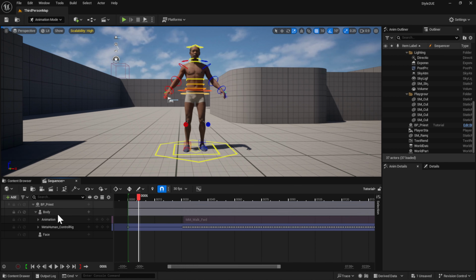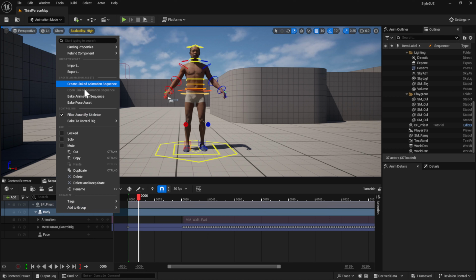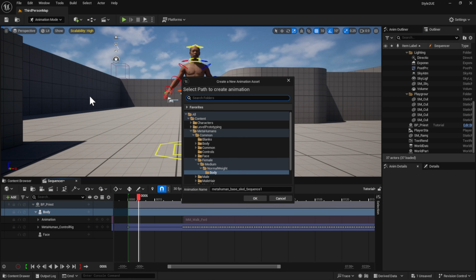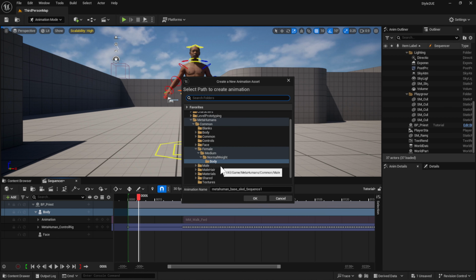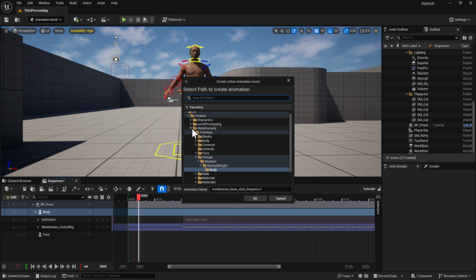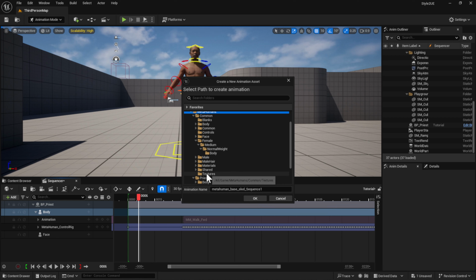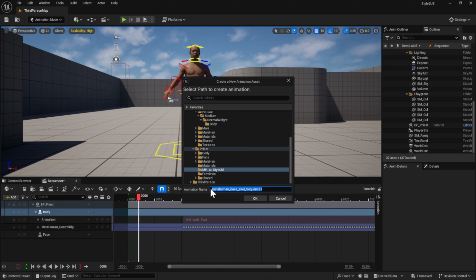After this is done, you have to right click again on the body and then click on bake animation sequence. From here you want to choose a directory where you are going to save your animation sequence. So for me, remember I created a folder, MetaHuman to Style3D. Then I'll look for the folder there. I think it should be under priest, because the MetaHuman's name is priest actually. So yeah, I'm using that MetaHuman. Yeah, and here you go with the folder, and then I will have to rename it and say